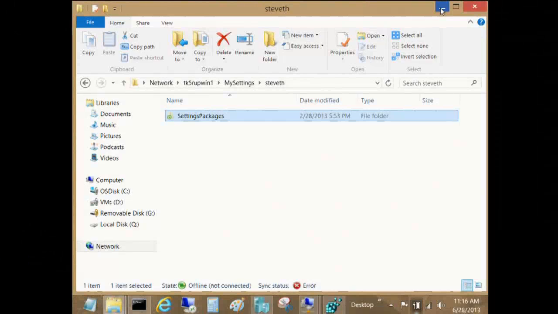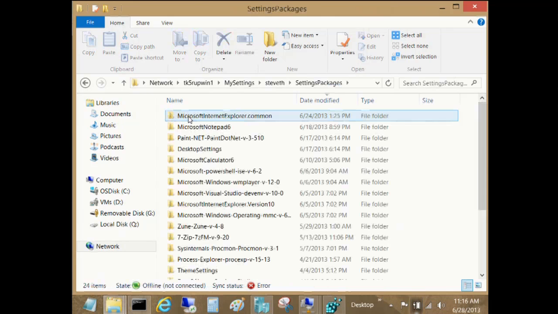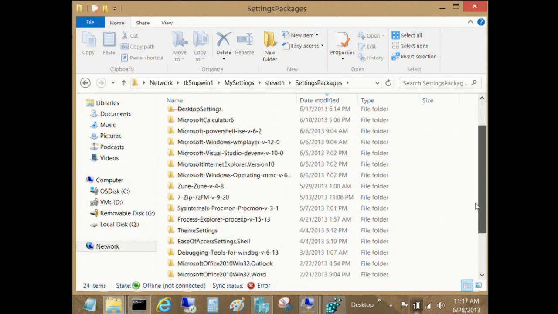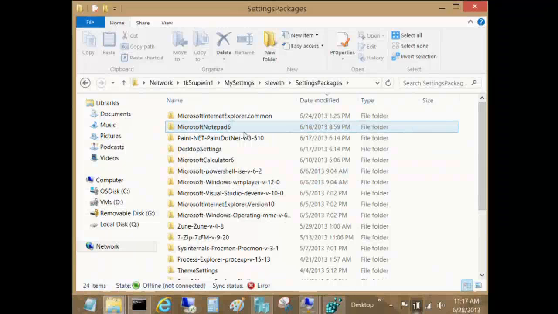And as I've said before, not only am I a proponent of UEV, I'm also a customer of UEV. It's like the old Hair Club for Men comment, because I use UEV to roam about 20 applications. I'm offline and disconnected from my corporate network, but because I have my offline folder path there, I'm able to do an offline sync with my local client-side cache, and you can begin to see all of the applications that I'm currently using and currently roaming settings with UEV.